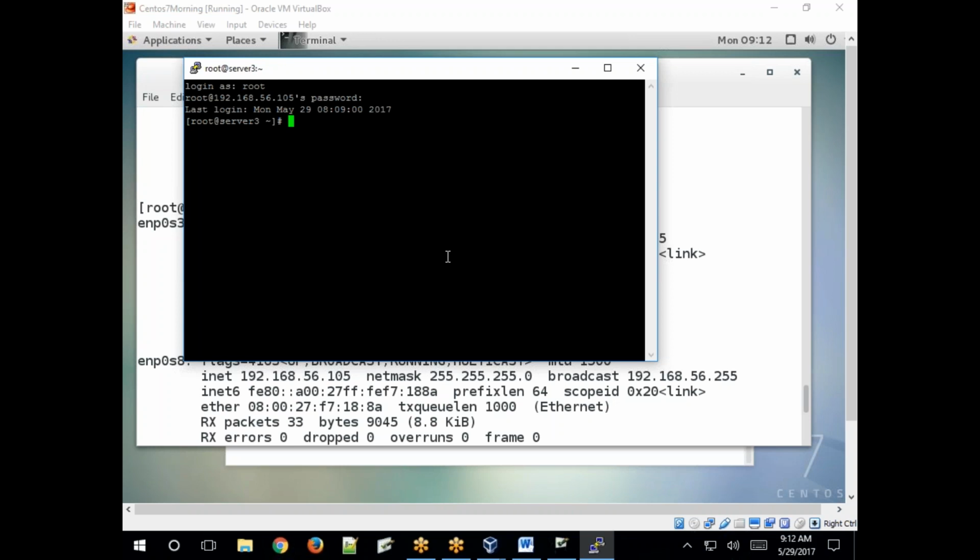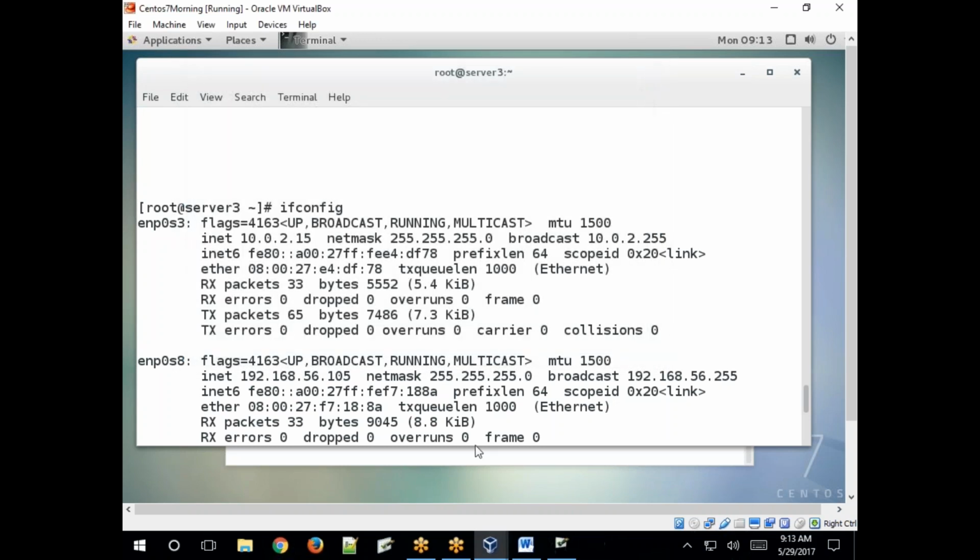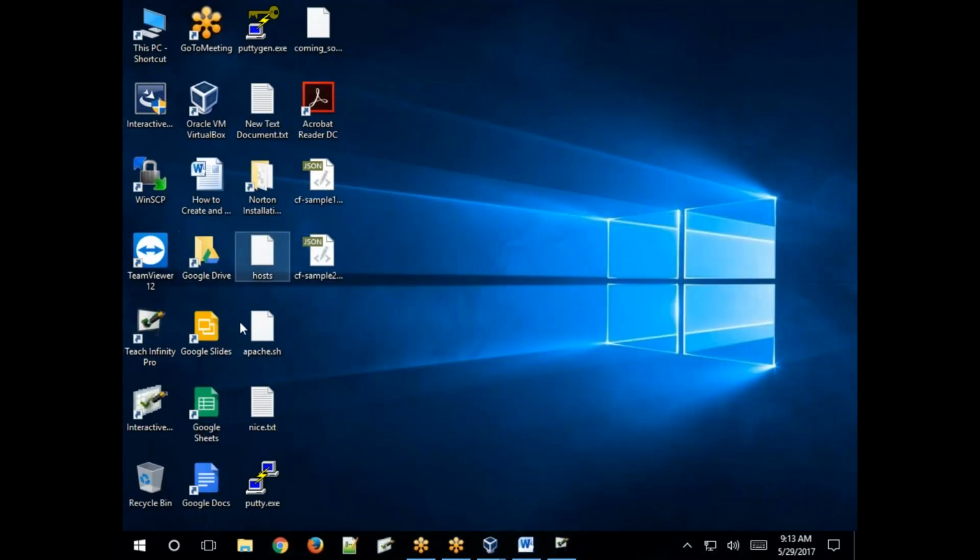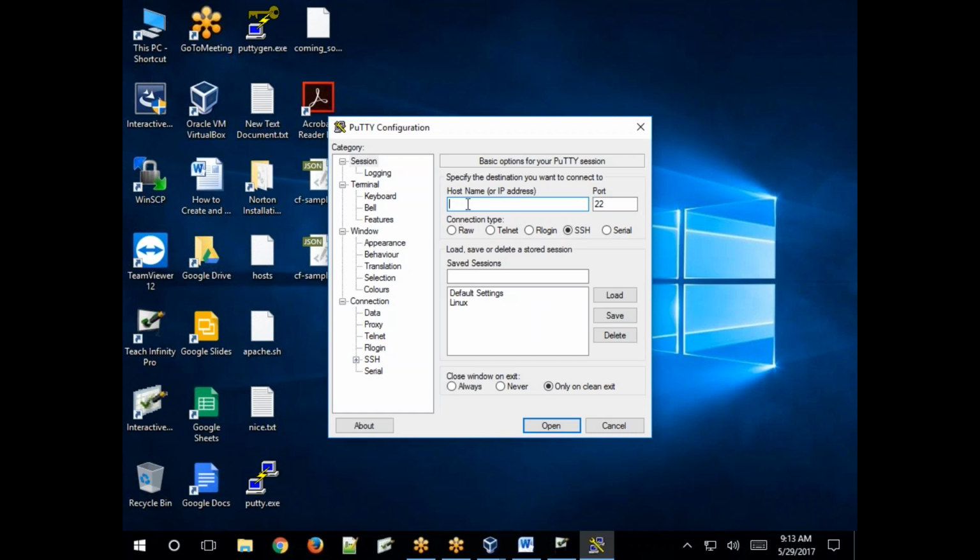That is remote access. But my Linux box is running on VMware. Yes, a virtual machine, but I am taking remote access from my Windows system using that particular IP address. Okay, install Putty, then enter the host name. If you want to log in directly with a name, specify the name here. You can also specify it like this, root@192.168.56.105.